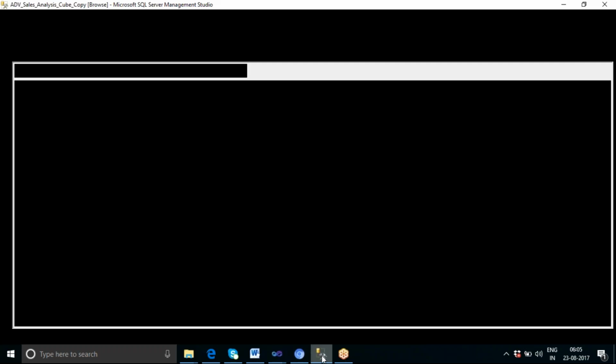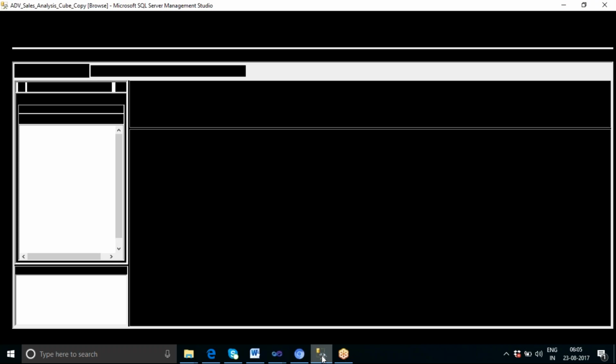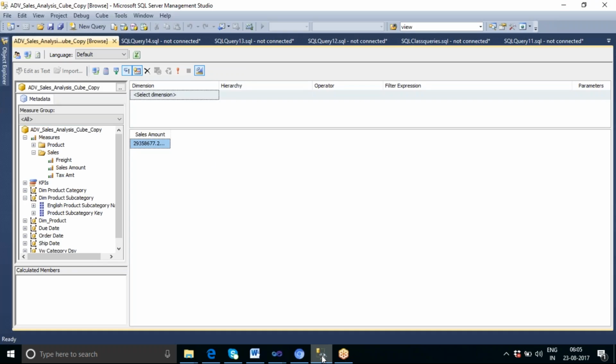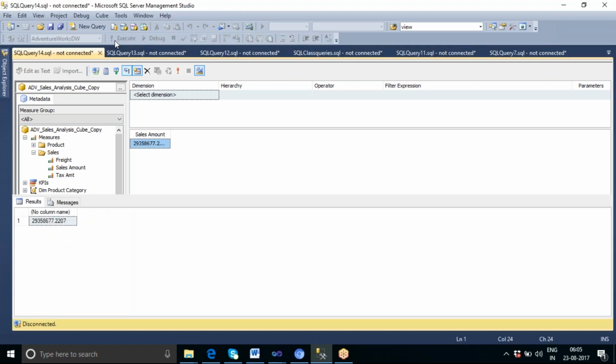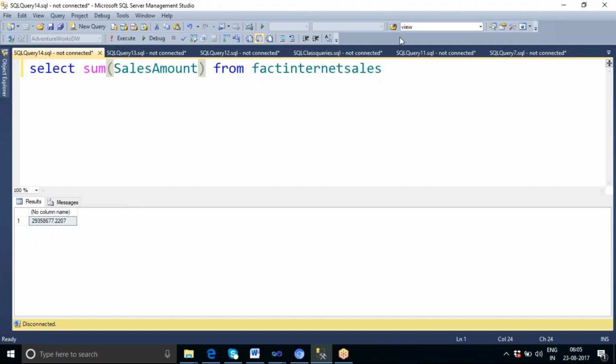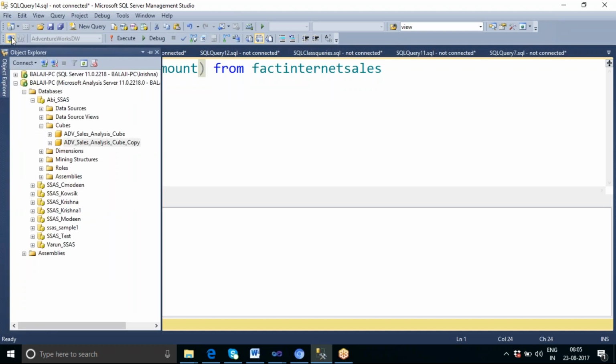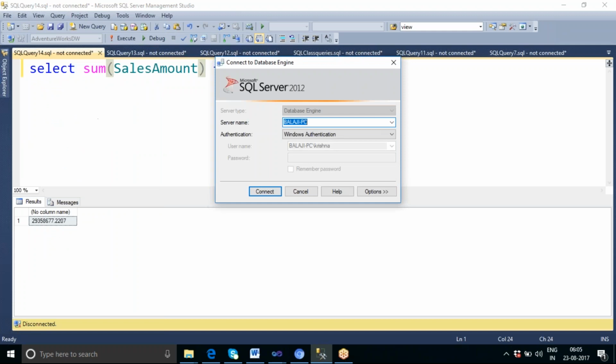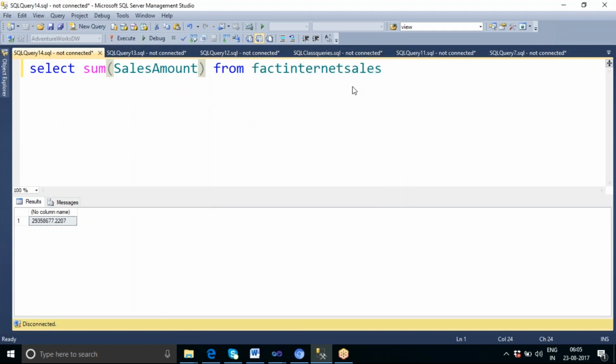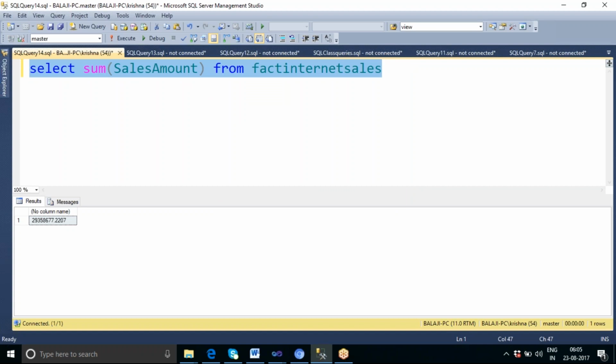Let me go to the database side, and go to AdventureWorks. Now let us say that we have an author table or books table.